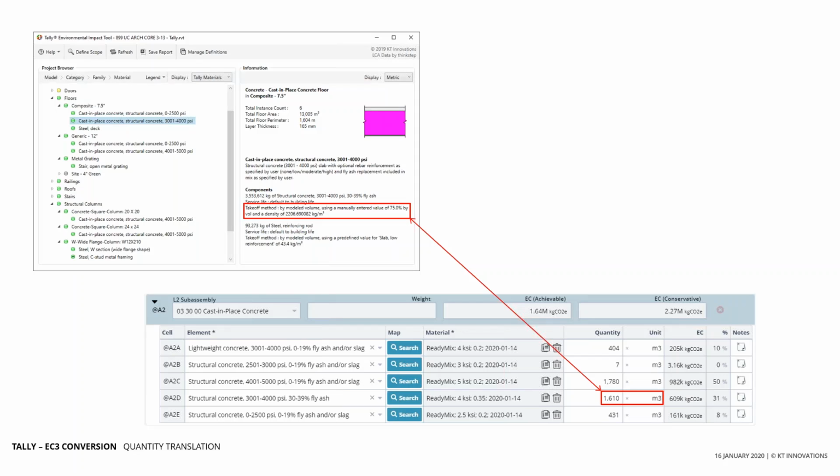Okay. So, of course, the quantity represented here is the cumulative amount of that particular Tally material across all Revit families in which it occurs. But it's important to note here that the units actually differ between EC3 and Tally. If you're familiar with Tally, you'll know that we use kilograms exclusively for all of our materials, whereas EC3 has units that vary depending upon the industry conventions